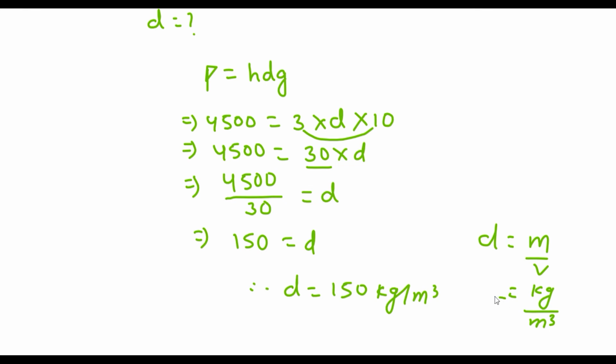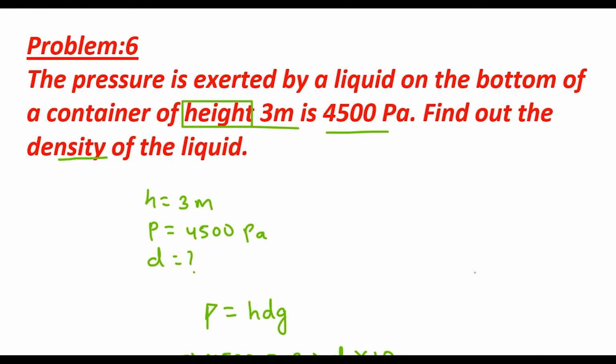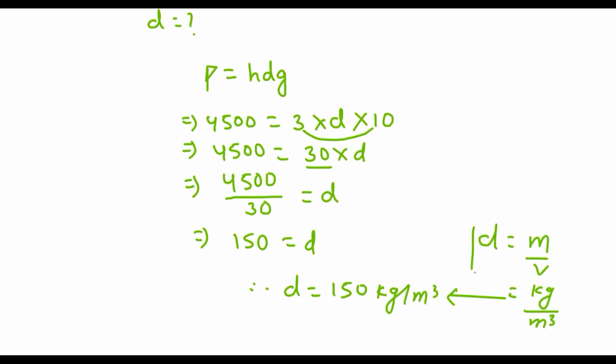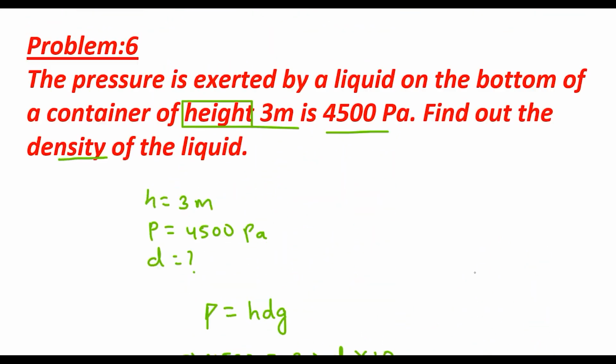So in this way we get the unit of the density. This is the required density, that is 150 kg per meter cube. Let us look at the next